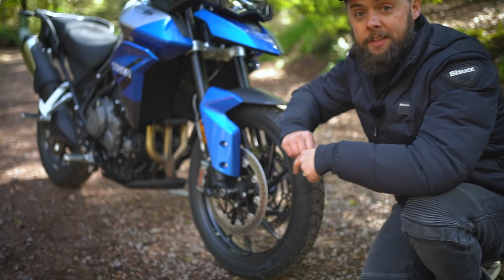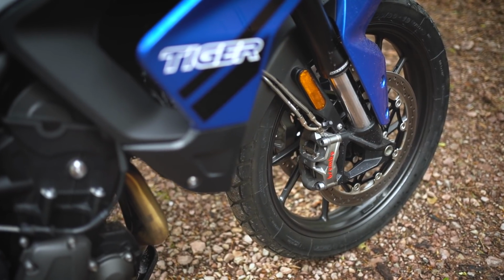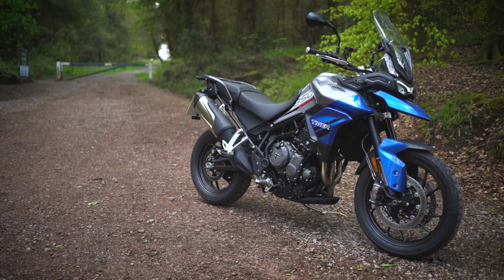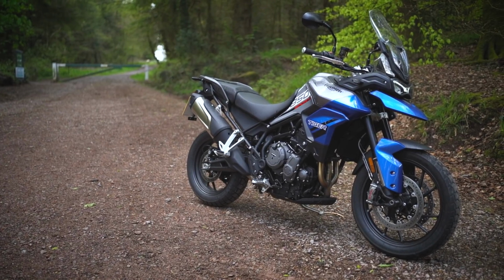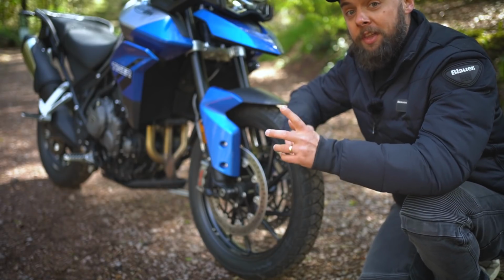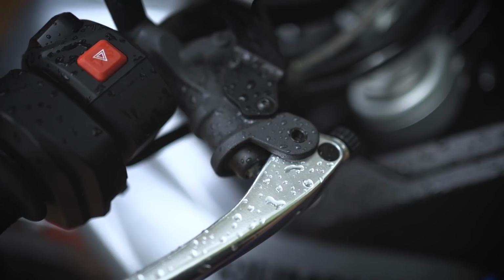Another big strength of the Tiger 850 Sport is the braking, so you get the same Brembo Stylema 4-pot radially mounted monoblock calipers as the rest of the Tiger 900 lineup. For a bike at this price point, I mean, normally you'd find them on sports nakeds, more premium bikes. It's really good value for money, and then combined with that, you've got braided brake hoses as standard, and you get a radial master cylinder. I don't think it's the exact same one as the Tiger 900s, but still, at this price point,